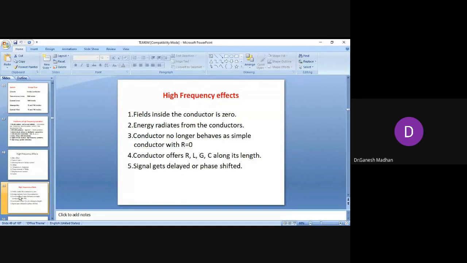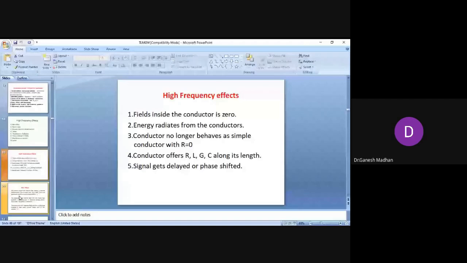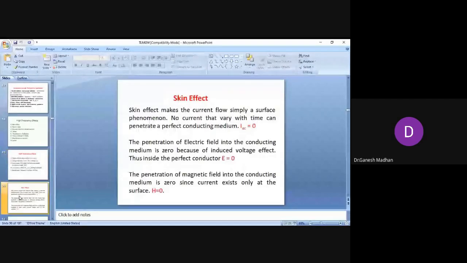Next, of course, we have the skin effect. So before going to the next thing, right, we will see the